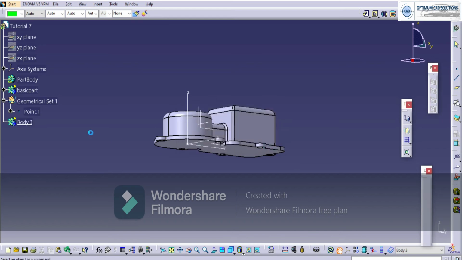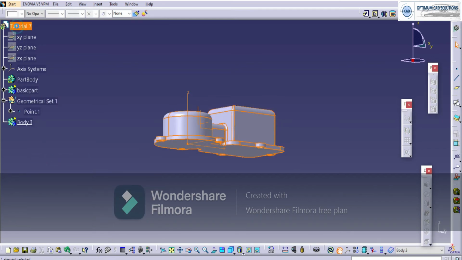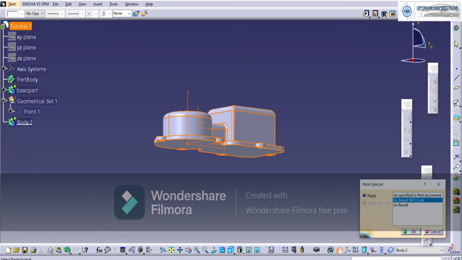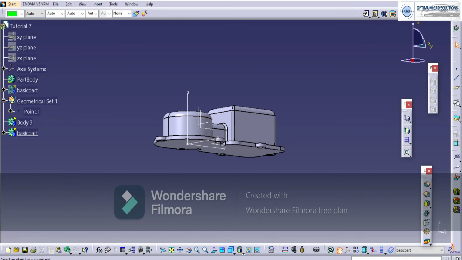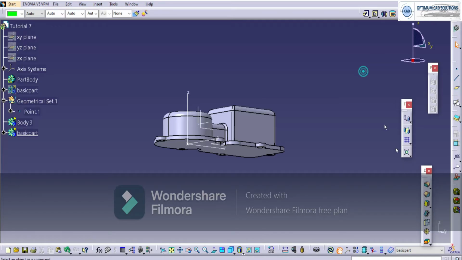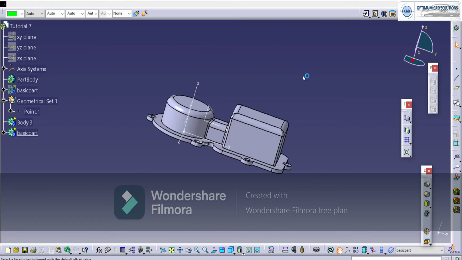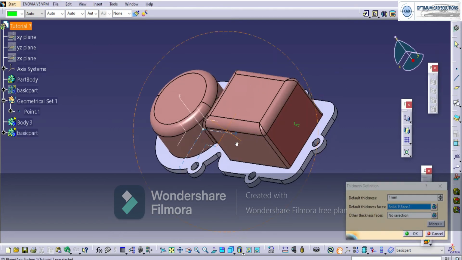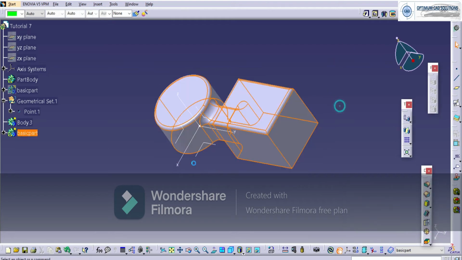So while doing the Boolean operation, concentrate here. First of all, we'll take a copy and paste as a result with link. The wall thickness is 6 mm throughout the part. So we have to do the Boolean operations and we'll remove the internal body by minus 6 mm thickness.